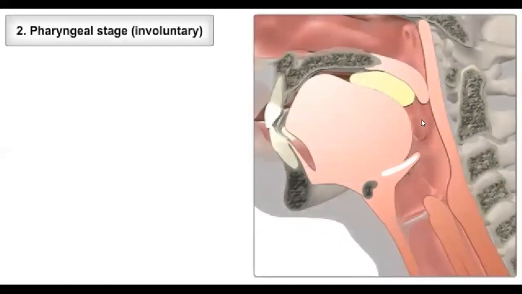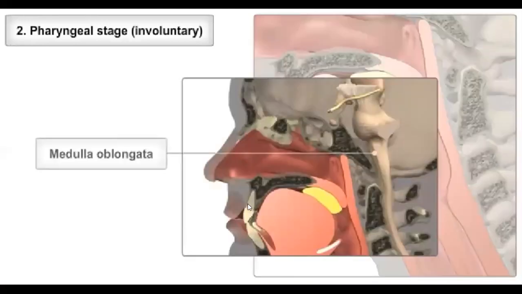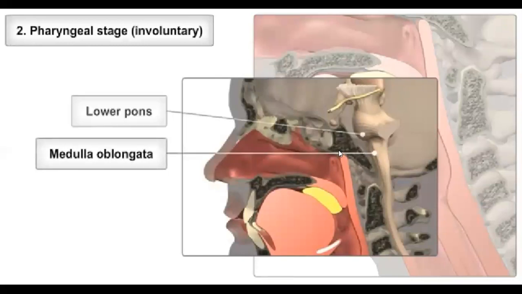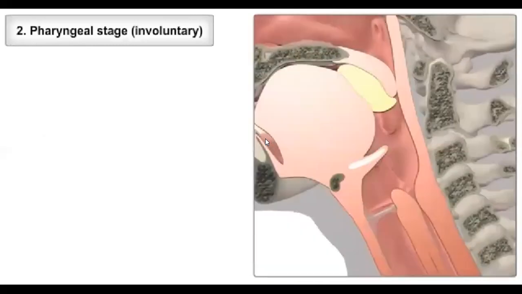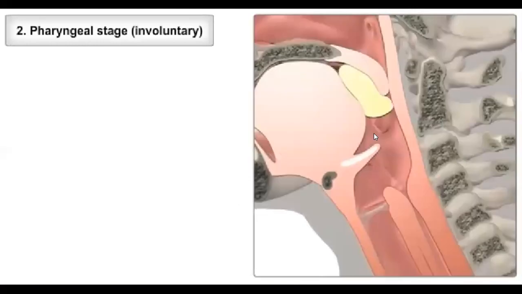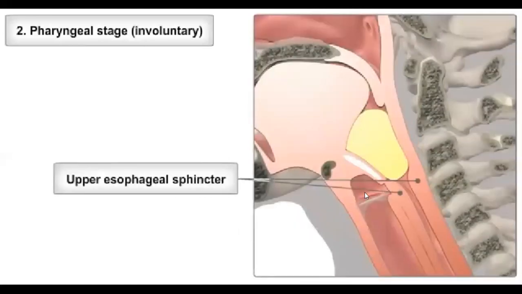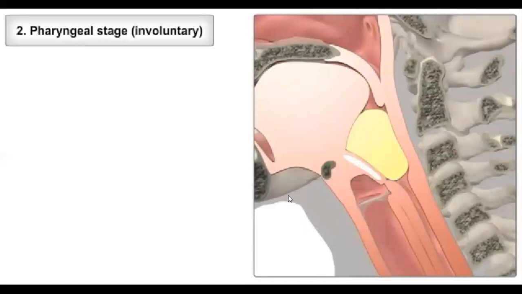So when it comes to the pharynx, it is the oropharyngeal receptors that are present here that create a sensory engram, and it sends information to the medulla oblongata and the lower pons. Thereby, a new stimulus gets registered, and when the food comes down, it is the epiglottis that closes the inlet of the trachea, so that food doesn't enter the trachea and the food goes into the esophagus.